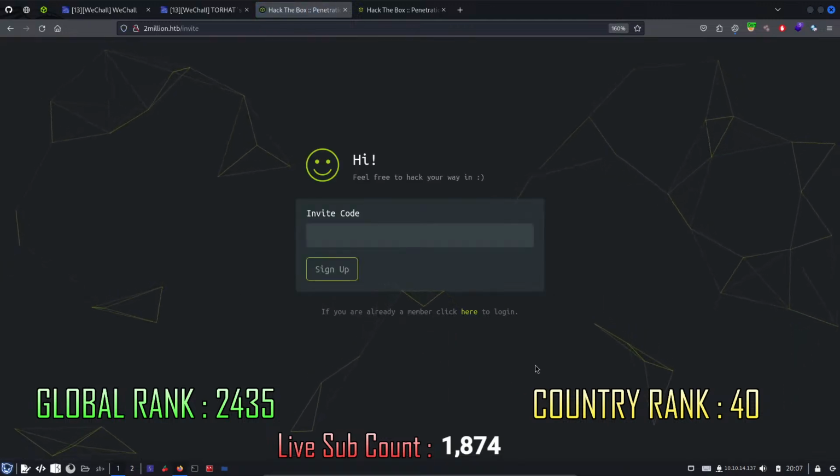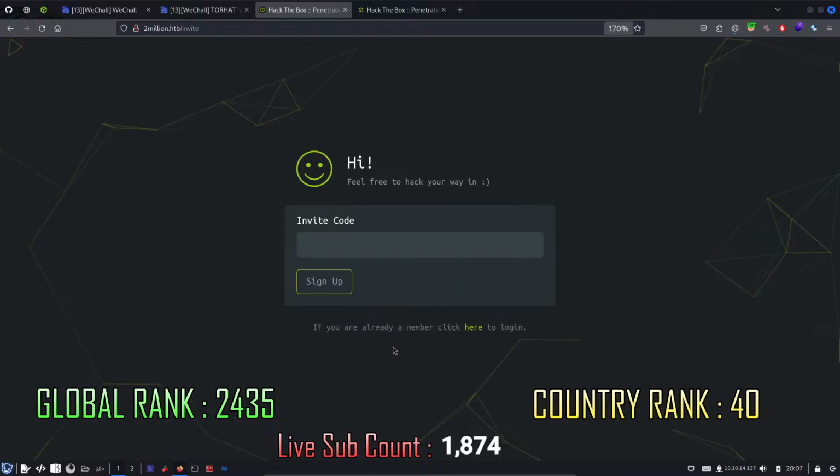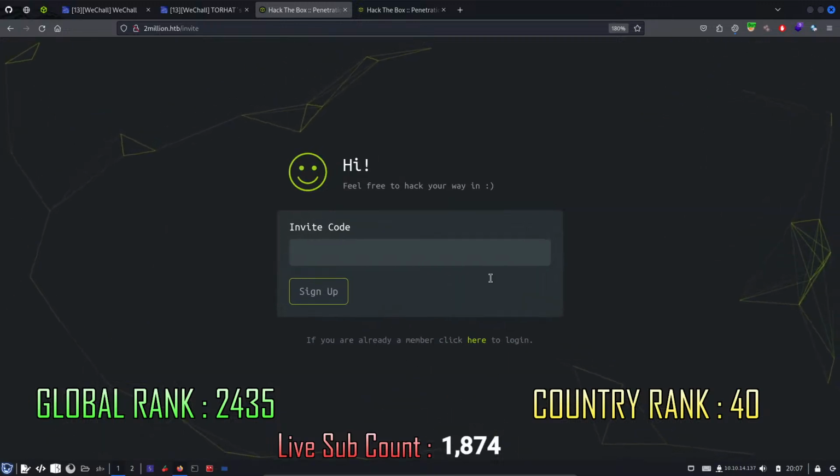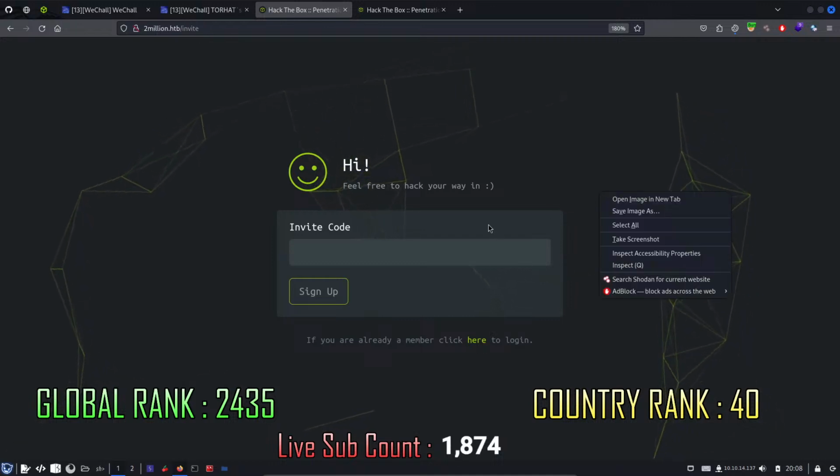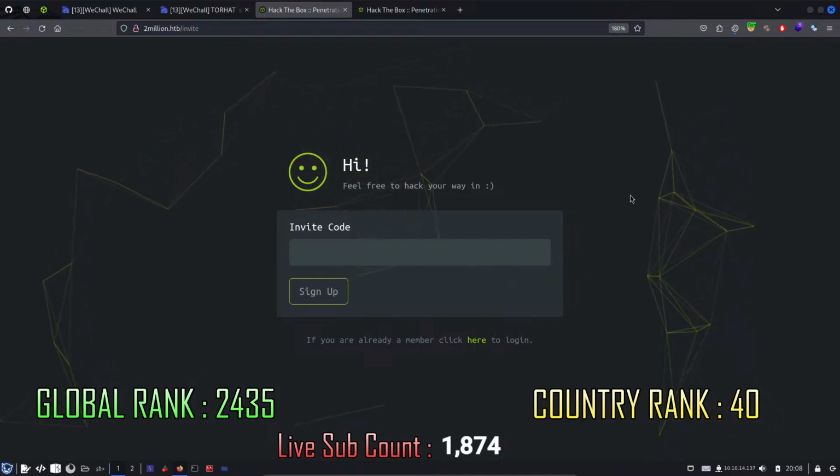If you are new to Hack The Box, you don't know what this page is, right? If you are old to Hack The Box, you will have a deja vu, or you will feel like you reached this point and you don't know what to do. And if you have already done this level in your past, you know what to do, right? So first thing you do is